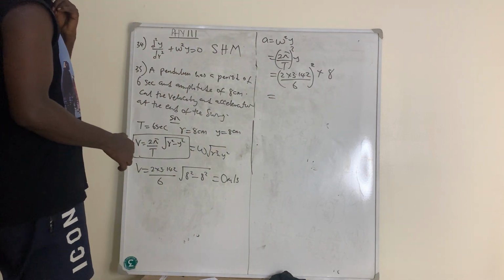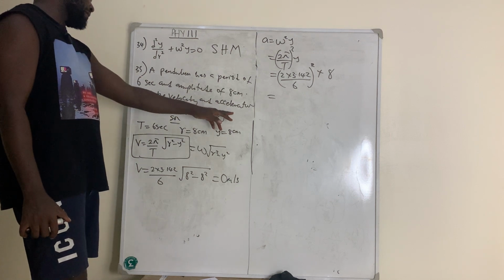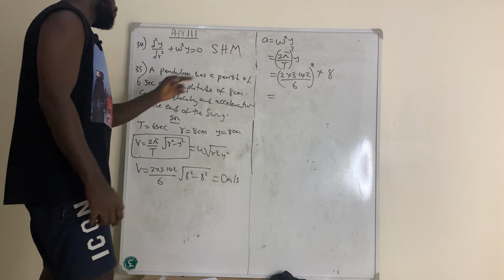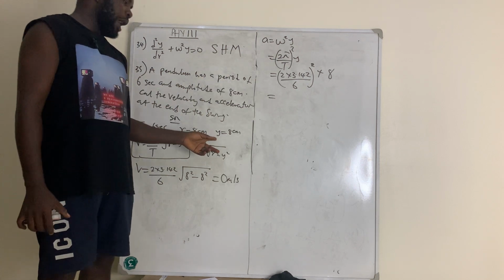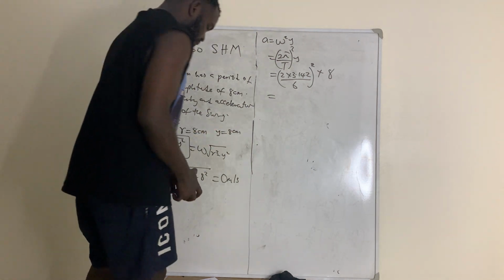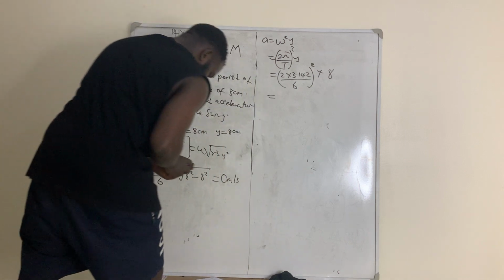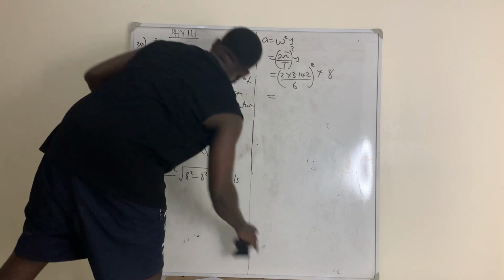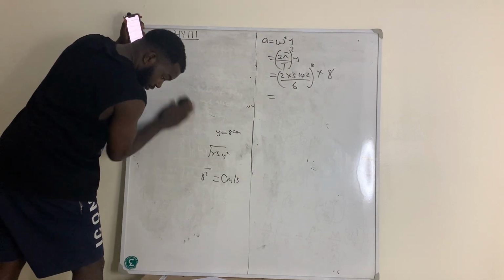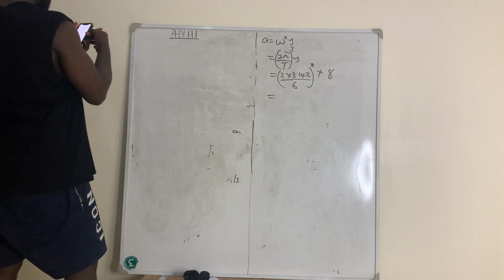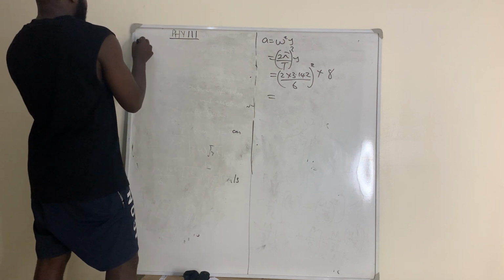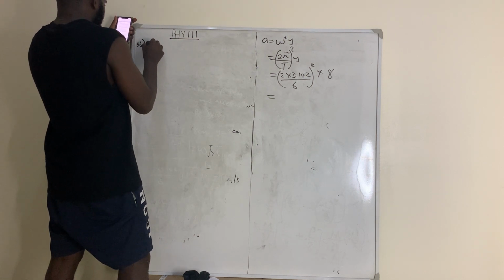Now sometimes they will tell you to calculate the velocity and the acceleration at a particular length. They can tell you at 3 cm or at 4 cm or at 5 cm. You now know that your y is that length they gave you. But if they say at the end, then your y will be equal to your r. So that is one thing you need to know here. Okay, so question number 35, sorry, I just solved question number 35. So question number 36 said